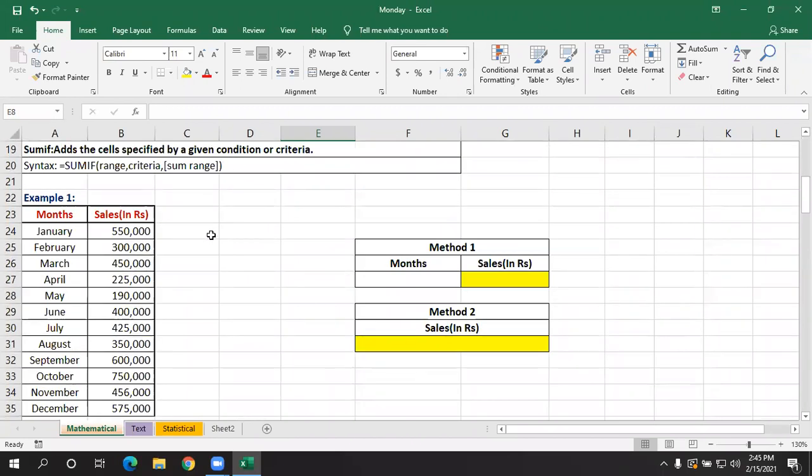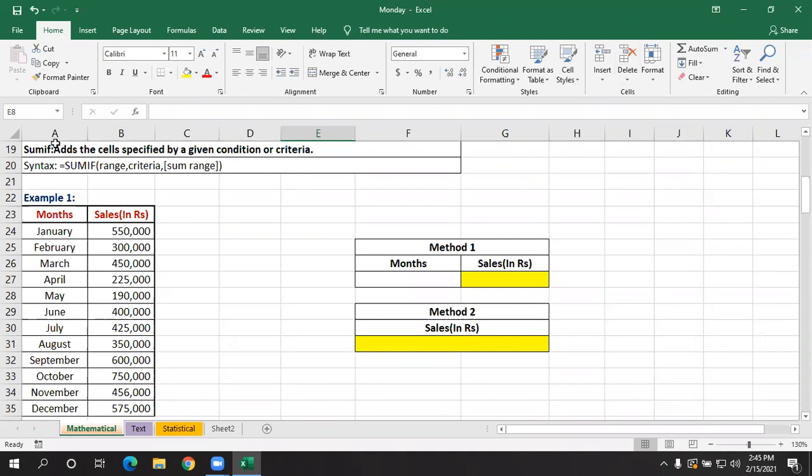One more example I can give: if you are not sure whether you're going for a trip or not, you will be talking to your friends, right? Okay, if possible I'll come. If possible means there is a condition: if it is okay I'll be coming, or else I will not be coming. So we have a condition here. Whenever we use if, that means there is a condition. How many conditions? Only one condition.